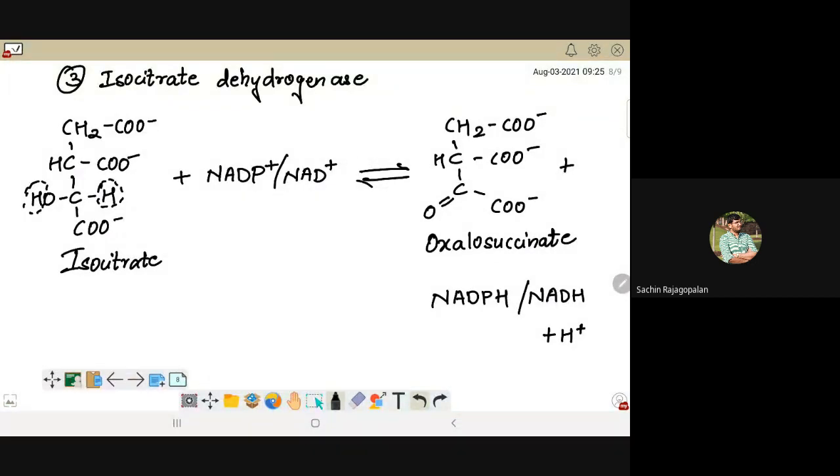There is one more part of this reaction, because in this reaction we are also going to get rid of carbon dioxide. So it's an oxidative decarboxylation. Always when we write the name of the enzyme, we write it for the oxidation. That's the reason why you see dehydrogenase there. But oxalosuccinate is going to be subjected to decarboxylation, wherein you remove its carbon dioxide. But that we will see in our next session.